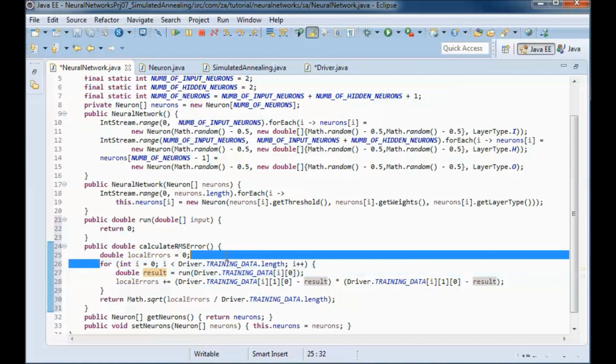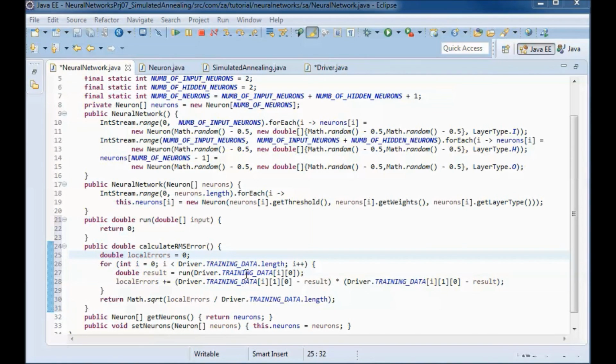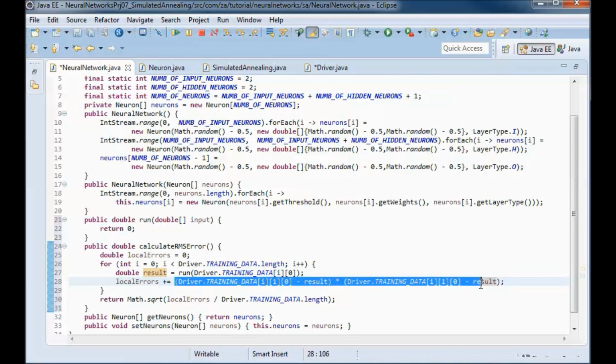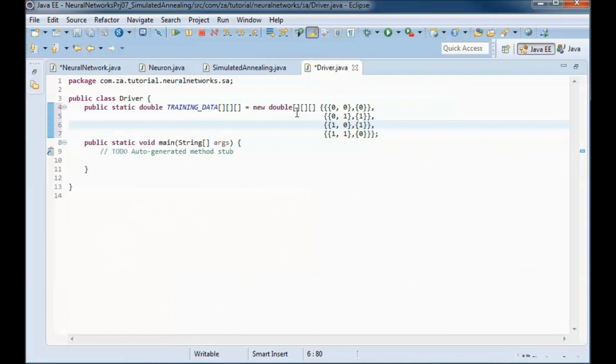and here we are going through all the training data, and here we subtract the target result minus the actual result, and we square that, and then we add all those up for all training data.